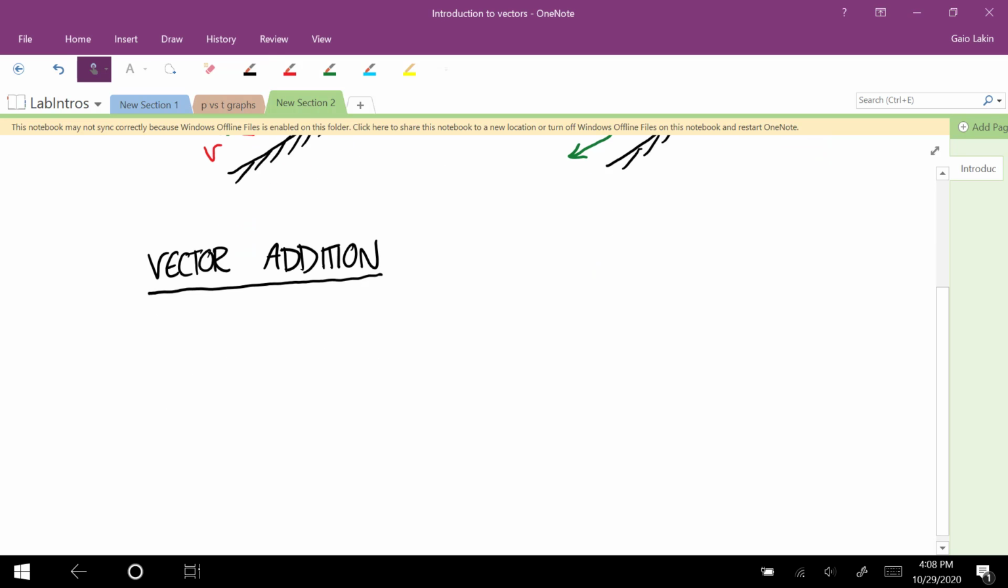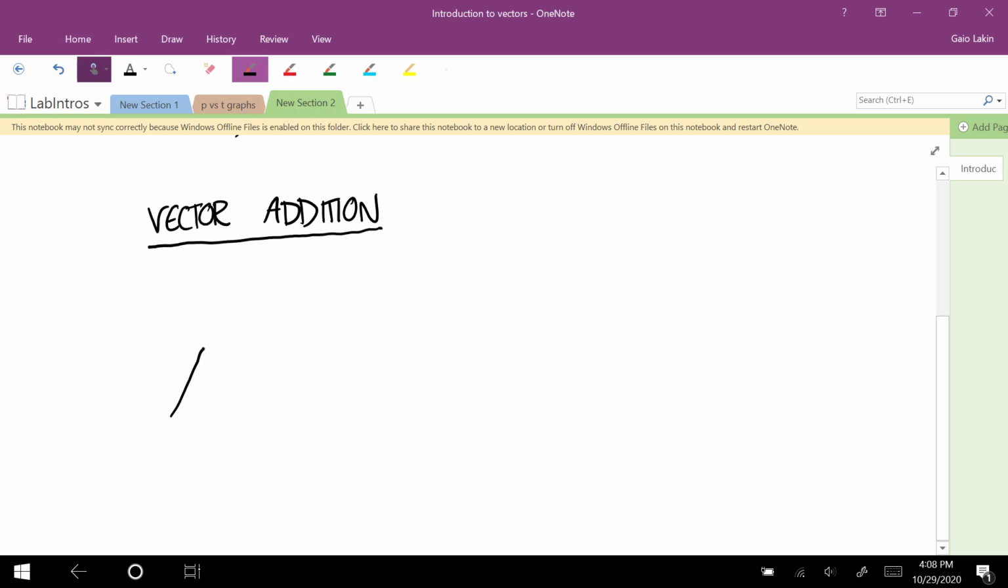Okay, so let's say that we have a vector like this, and we want to add it to a vector like this. So how do you do that graphically? There's a mathematical way to do it, which is more of what we do in this class. But there's also a graphical way to think about it. And so to do that,